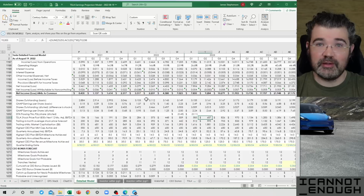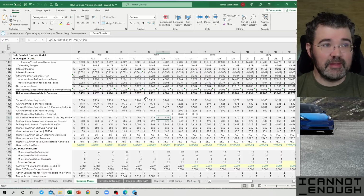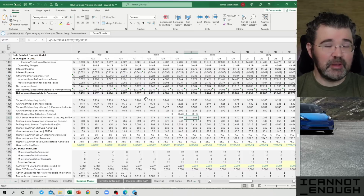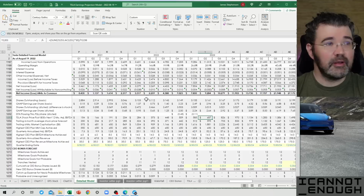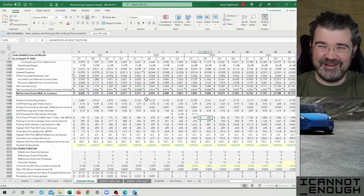In my forecast, it does. And the share count is getting a little bigger, but it's not growing at anywhere near the same rate the adjusted EBITDA is growing by. And then when you apply that 30x multiple to it, which you can argue about, maybe you want to pick a different number. If you're Tesla Q, you probably think Tesla ought to be trading at 1x next 12 months